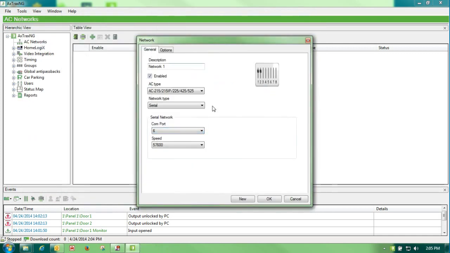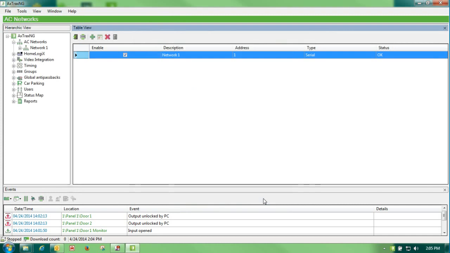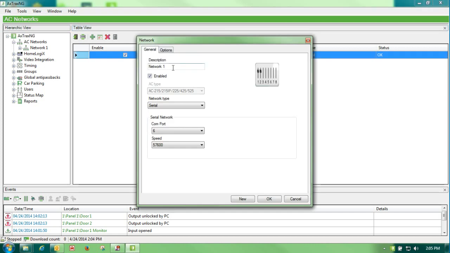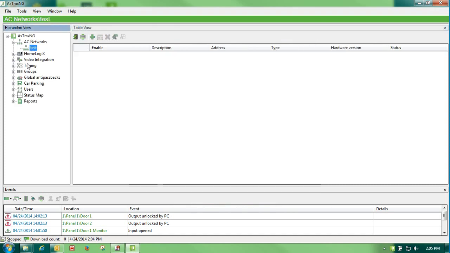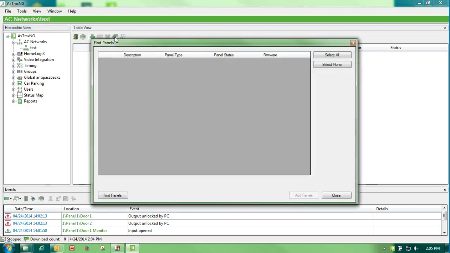Change this to COM port 6, tell it OK. Now you will see that my status is OK. It's my serial connection, and I always do want to give it a title so I'll know what it is. Tell it OK. Once I have created my network, then I need to find my panel, as we did with the